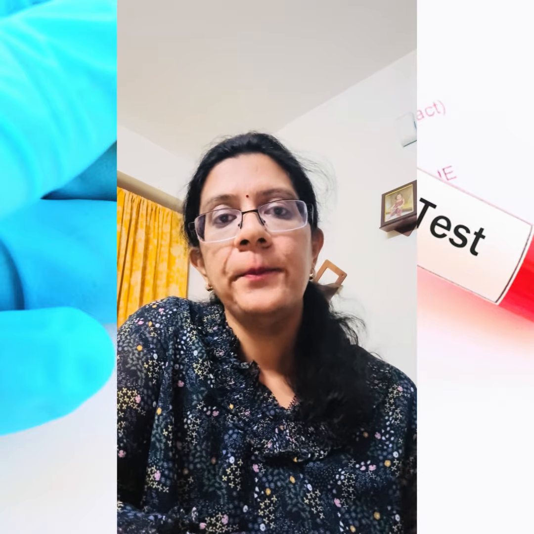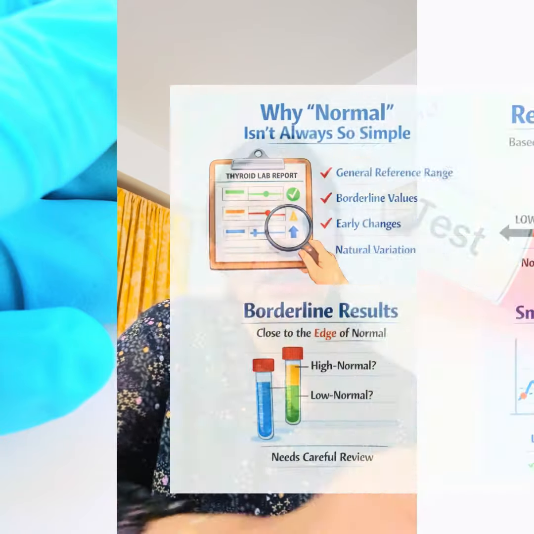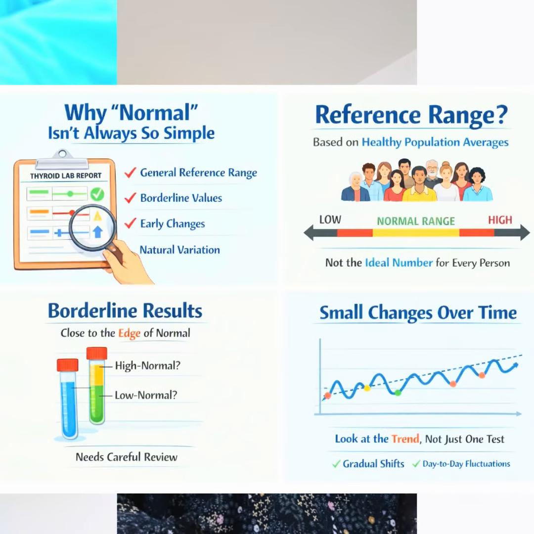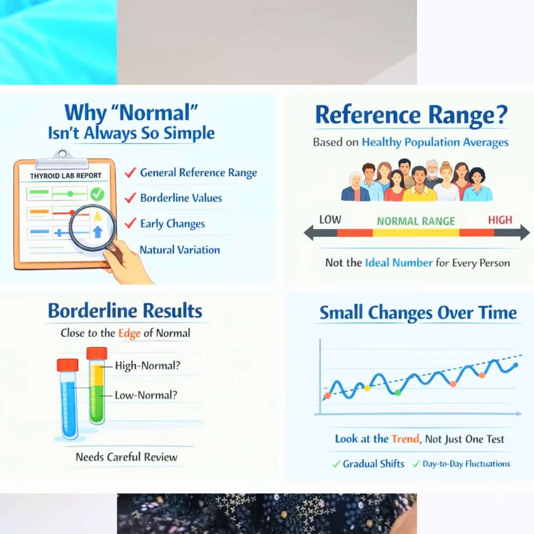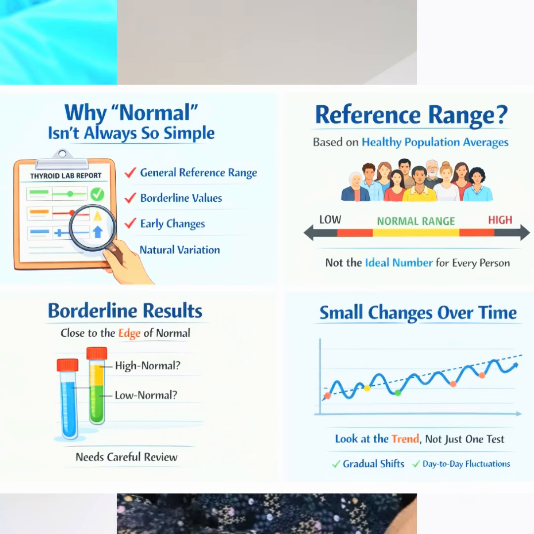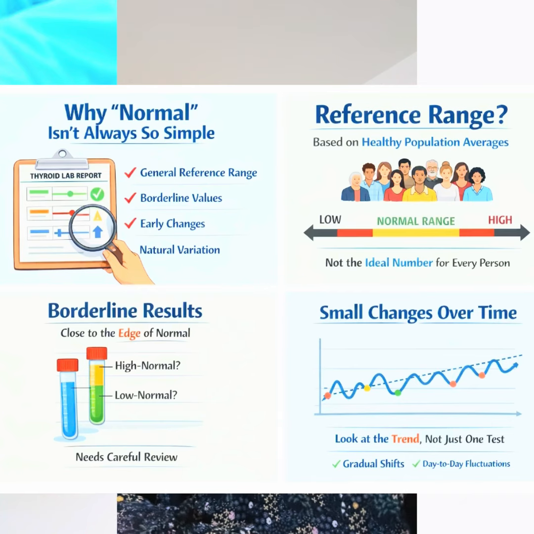Many people worry why their thyroid tests are normal in spite of having a lot of concerns. One reason for this may be the normal ranges or reference ranges given by the lab, which are usually statistically derived from a healthy population, and it is not a perfect number which fits every individual. Secondly, in borderline cases, the values fall either close to upper limits or lower limits. And thirdly, the biochemical changes may not immediately show crossing of the cutoffs, and the lab test may eventually change after the symptoms appear.